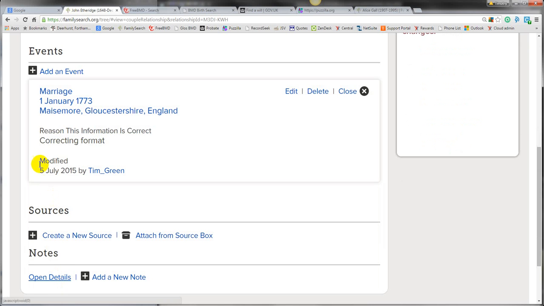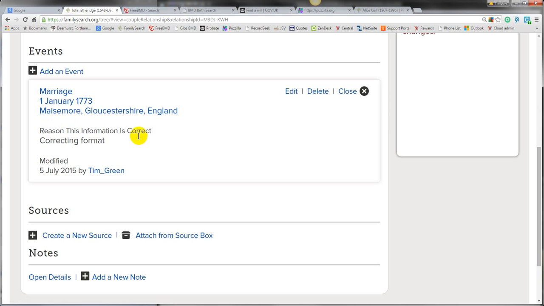Now let's look at the date now. You can see that's the format they want. It's going to be the day of the month, the name of the month, and then the year. And the month is spelled out in full. So it goes from the smallest unit of time to the larger, and that's totally logical.